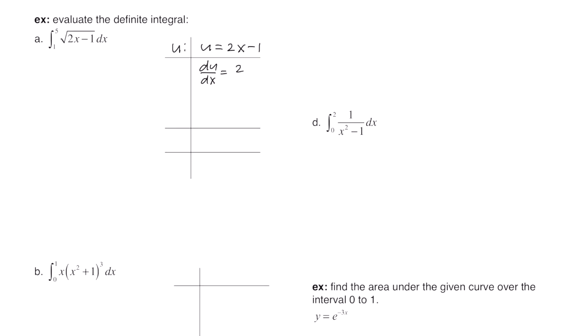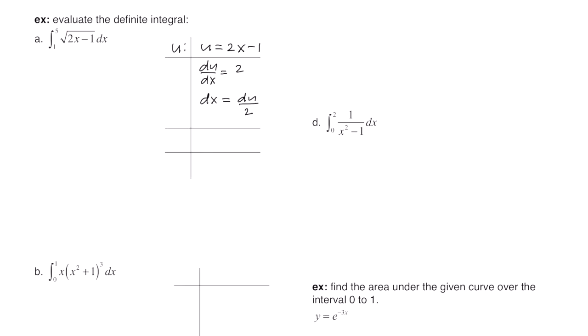And then this is a proportion, so we're going to cross multiply. Again, with proportions, things move diagonally across the equal sign. So this dx is going to go up, and this 2 is going to go down. So we get that dx is equal to du over 2. And again, when we have a definite integral and we're doing u substitution, we now need to work with these limits. So right now, this is our lower limit and this is our upper limit.